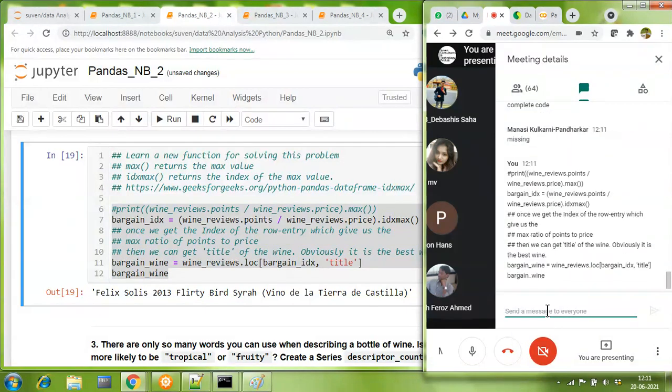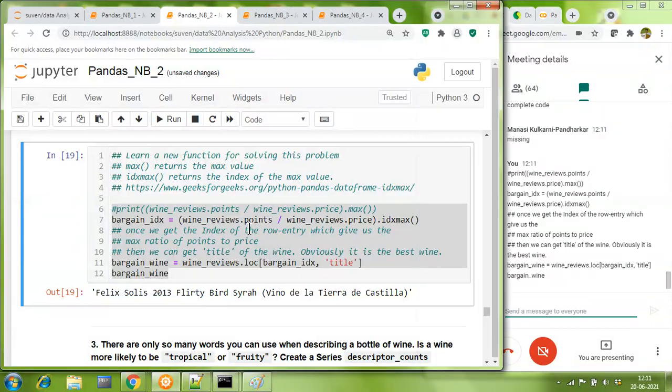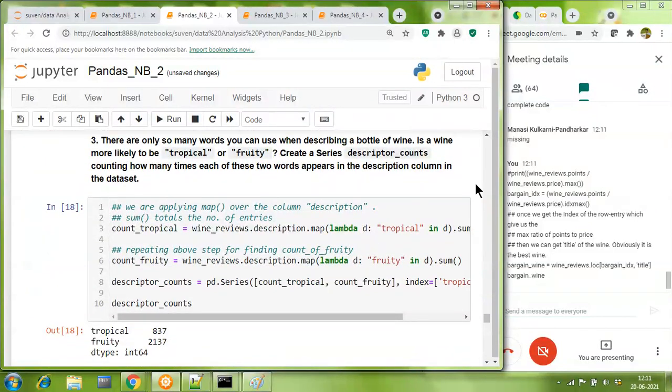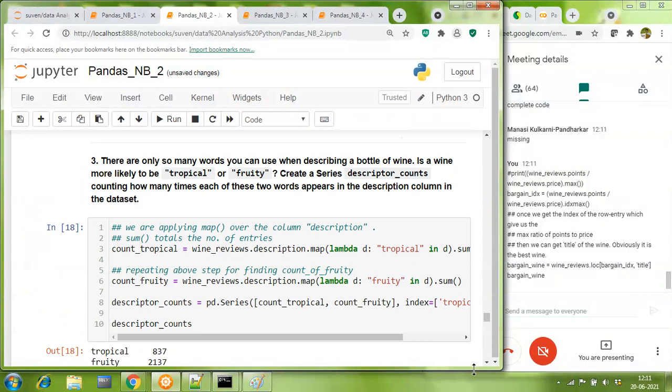As instructed by our friends, the entire code is missing, so I've given the entire code to you. Please go on. And people who finish with this in no time should please move on to the next question number 3.